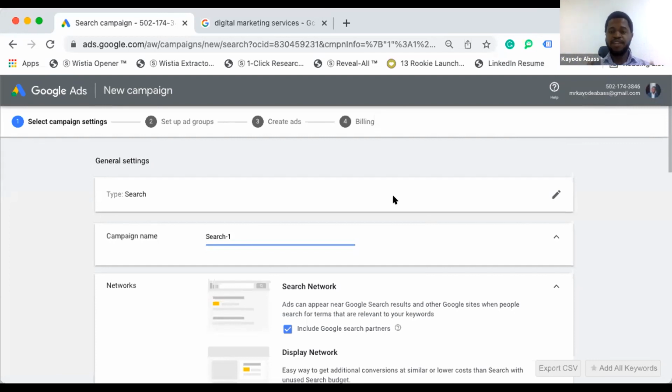Your campaign contains your main campaign goal. What is it that you want to achieve with that campaign? What we are setting up now is a campaign to drive website visits. Under that campaign, we have ad groups, the branches, and in each ad group we can have different ads. It's good that you categorize each ad group. So let's say, for example,